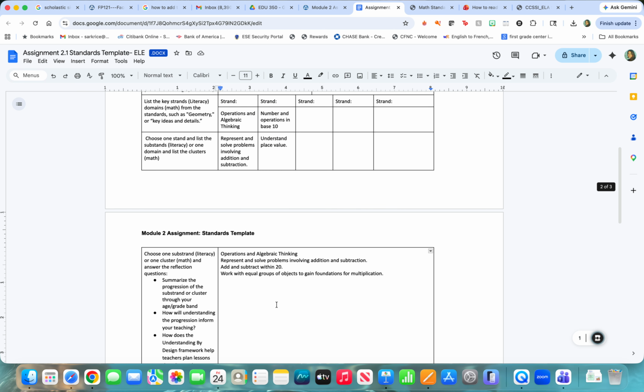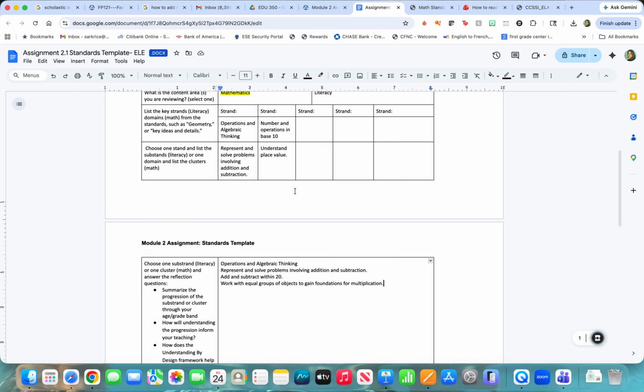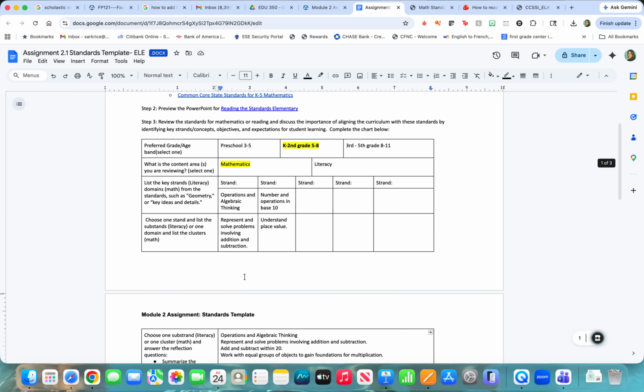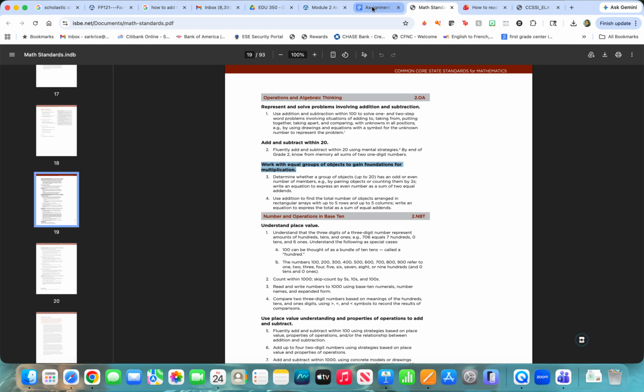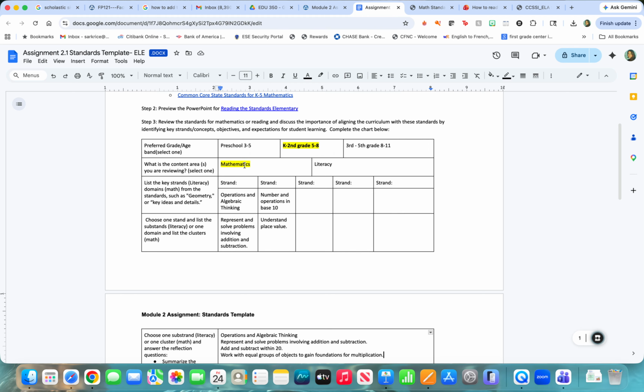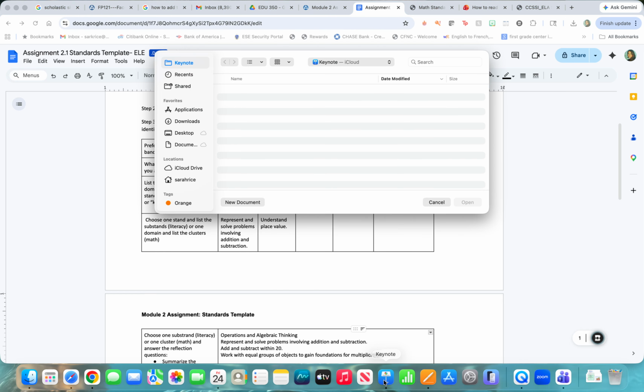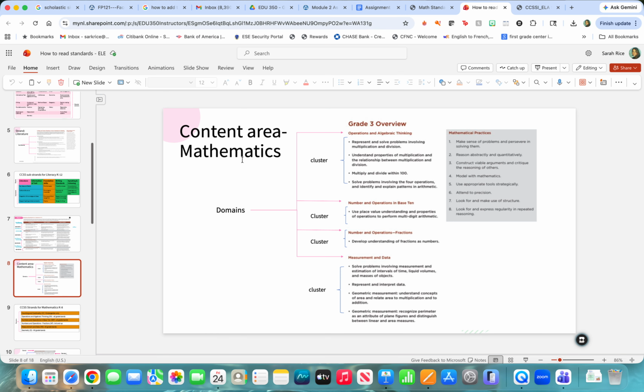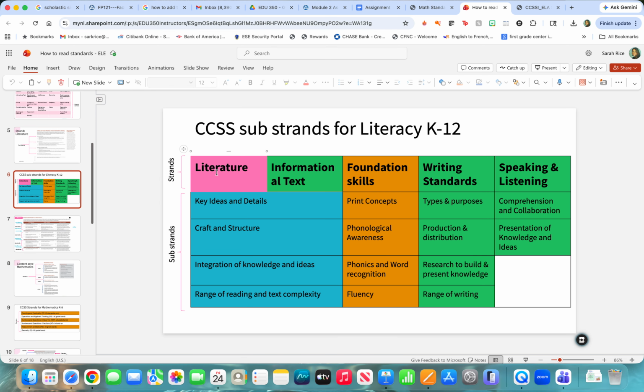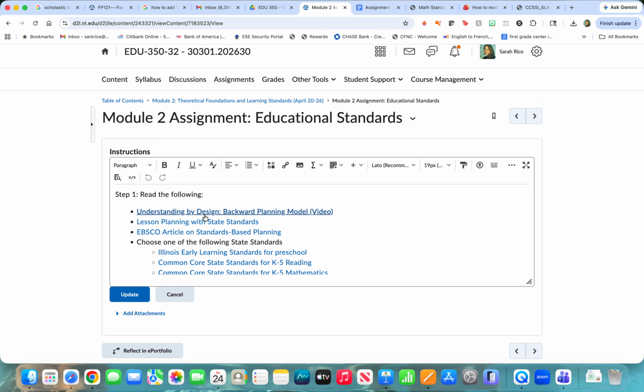So that is essentially how you do this. You need to think of a specific grade that you're going to work with, use the presentation, use the Common Core standards to help you. So again, if you're doing math, then that's what you would do. If you're doing literacy, then instead I would choose the strands: literature, informational text, foundational skills, writing, speaking and listening, and then the sub-strands that are here. And then from there, I would go to my literacy Common Core standards